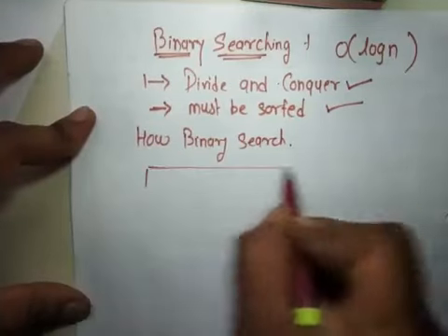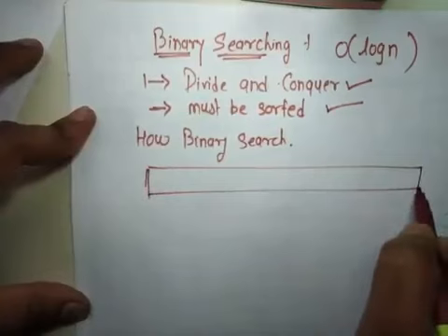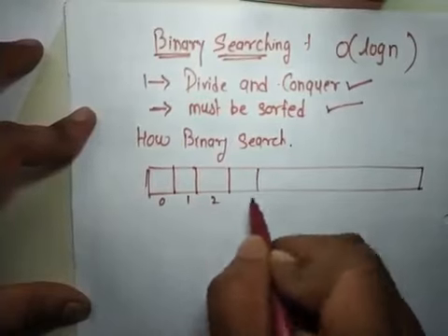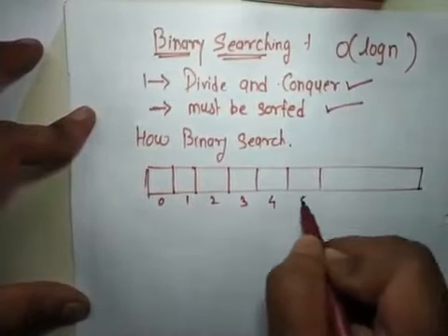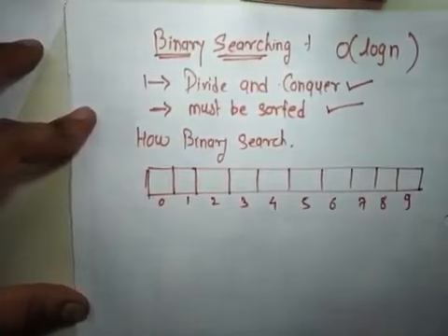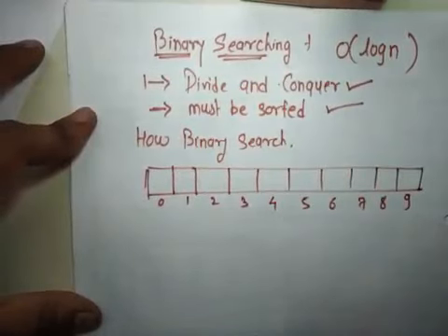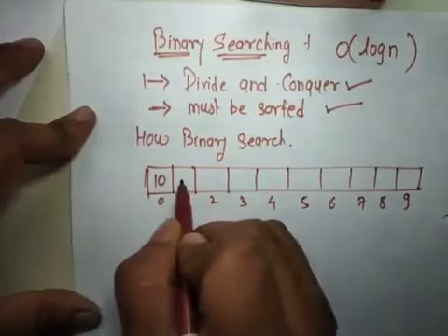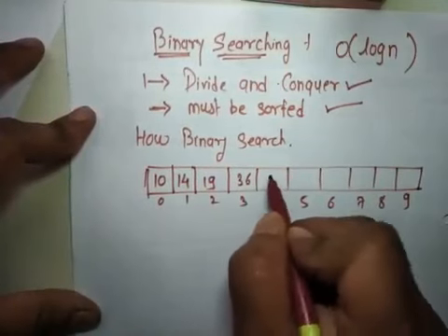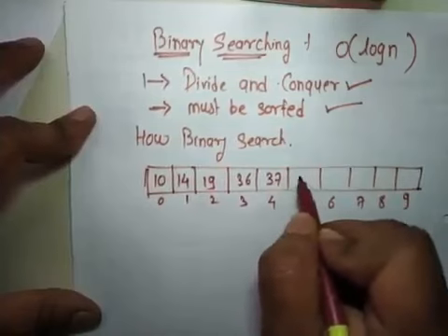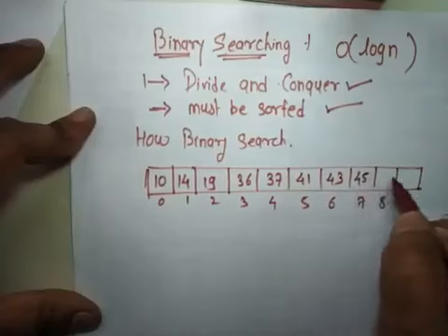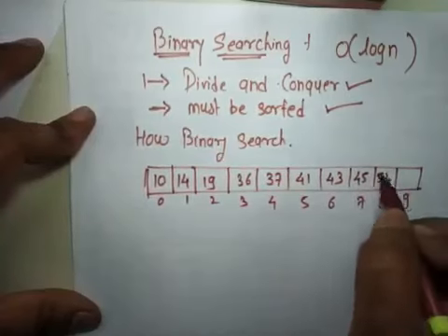So suppose I have an array of size 10, with indexes 0, 1, 2, 3, 4, 5, 6, 7, 8 and 9, having some numbers like 10, 14, 19, 20, 36, 37, 41, 43, then 45, then 52,